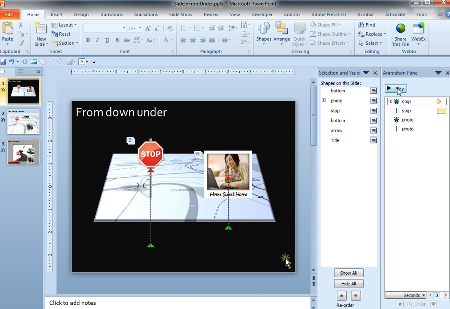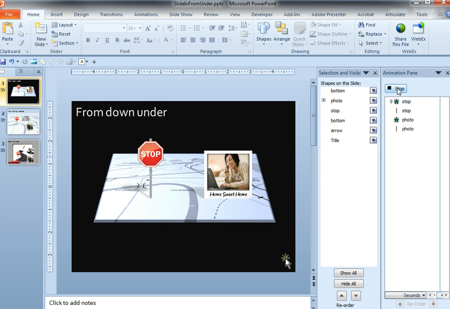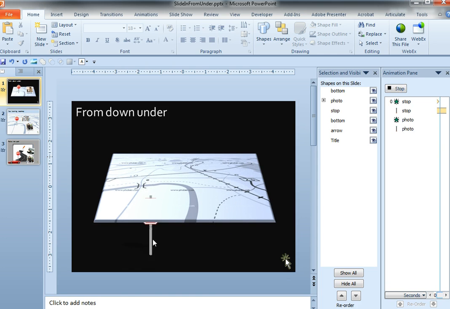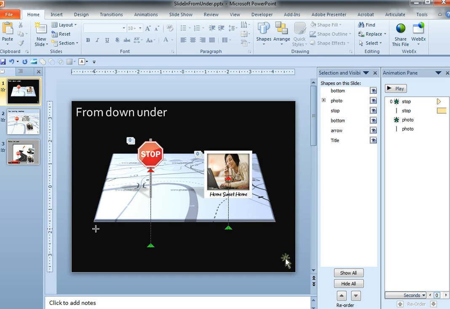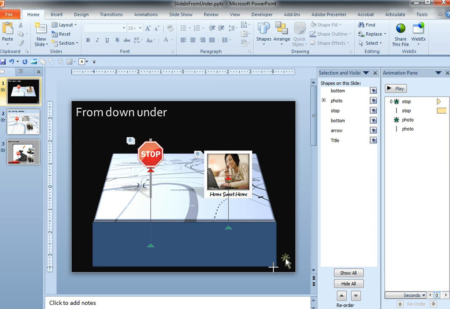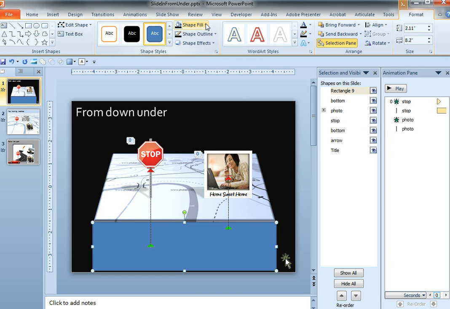And by doing that, if you play it back, you can see it's now cutting through that bottom layer, creating the illusion that it's popping through it. Now the problem is that you can also see the objects coming in down here, but that's a quick little fix. All you need to do is grab your rectangle tool and draw a rectangle along the bottom, long enough and deep enough to conceal the height of these two objects. And then you want to blend it into the background.